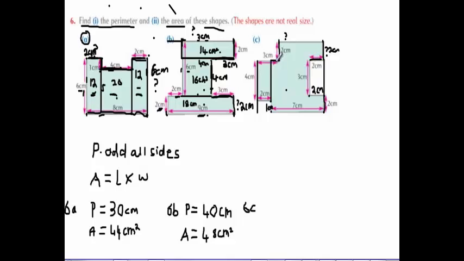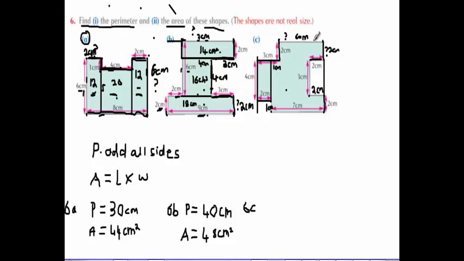Let's go and find out values we do know. We know that from this point to this point is 2 centimeters. So from here to here must also be 2 centimeters. But it's 3 centimeters from here to here. So if we take 3 centimeters and take away 2 centimeters, then we should be left with this value here, which is 1 centimeter. Now we can go 7 centimeters, take away 1 centimeter. That's going to leave us with 6 centimeters, which is the distance